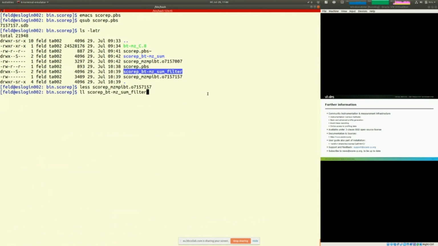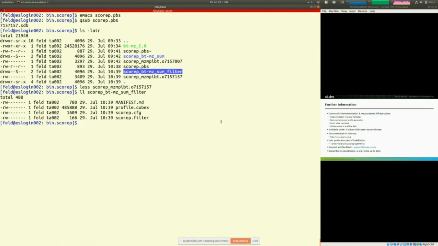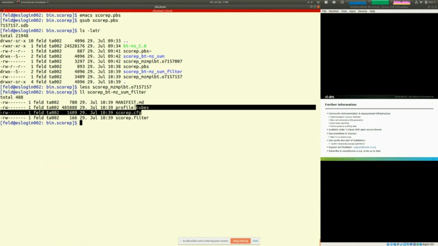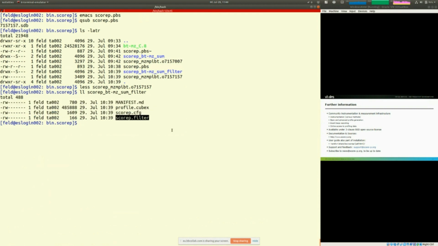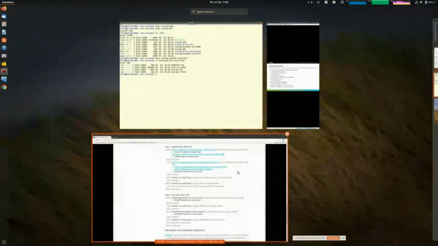We also look briefly at the contents of the new experiment directory. So in addition to the 3 files we saw before here, we have the Scorpio filter file, which gets copied into the experiment directory. So if you want to rerun your experiment, the filter is there for later reference. So we could use Cube again to look at this profile.cubex, but I think we are now going to have a break, and after the break, I think we will continue